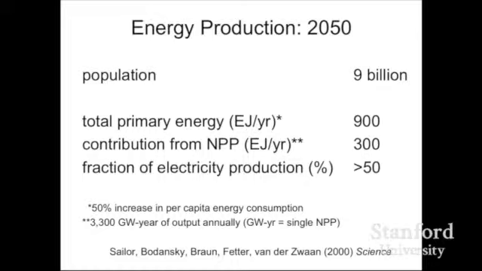And what they've said is, let's let the world's population level off at about 9 billion. I checked today, we're at about 7.2 billion. I think 2024 will hit 8 billion. Let's allow the per capita energy consumption to rise by about 50%. And the energy needs then would be 900 exajoules, or if you're more comfortable with quads, it's still about 900 quads. And if we just, as a thought experiment, take those 900 exajoules per year and divide them into thirds